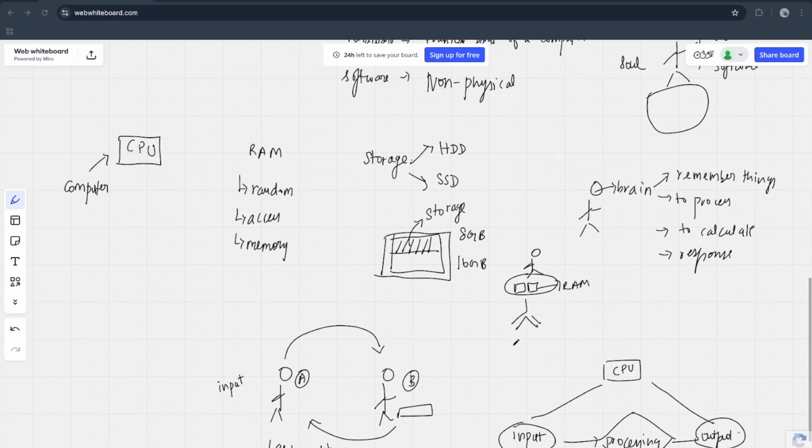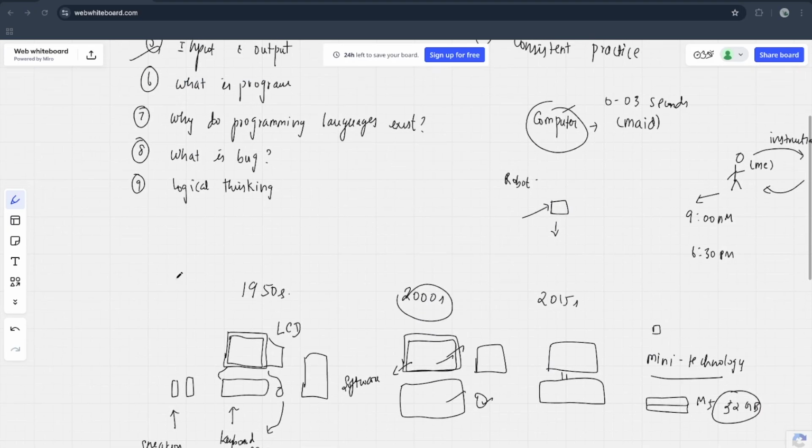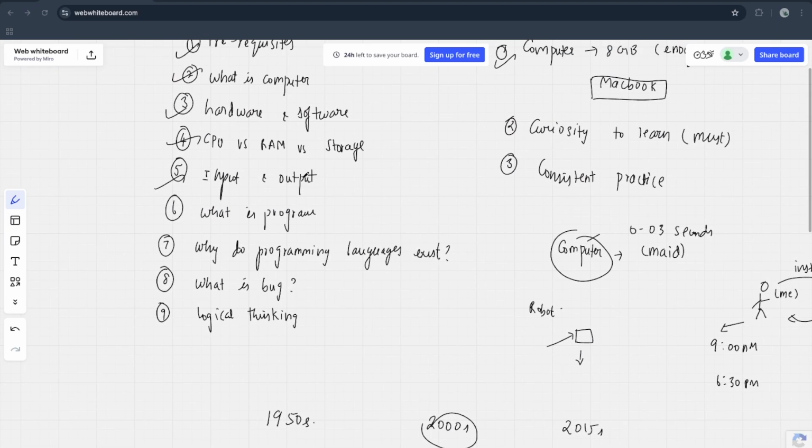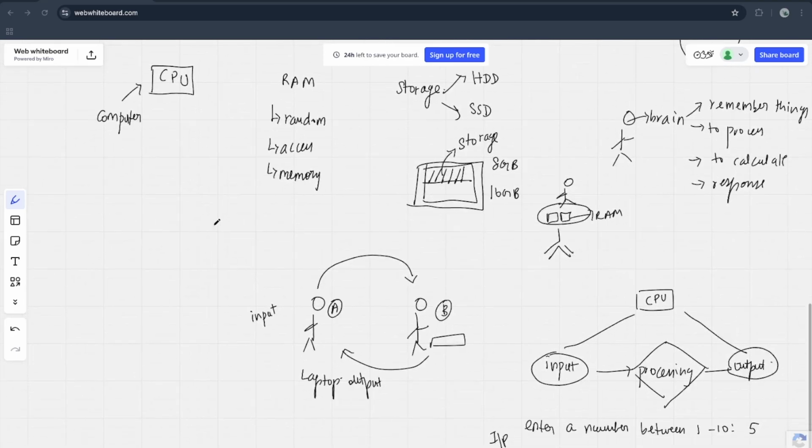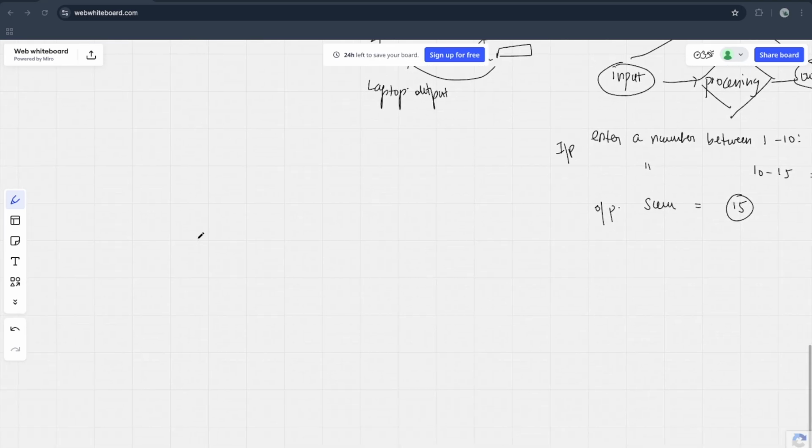It's very simple. I'm going to ask your name. What is your name? You will process it with your brain and give me, my name is Francis, my name is Prakash, like this. So input and output is one of the very important parameters when it comes to programming. Alright, so first thing, this is very important.